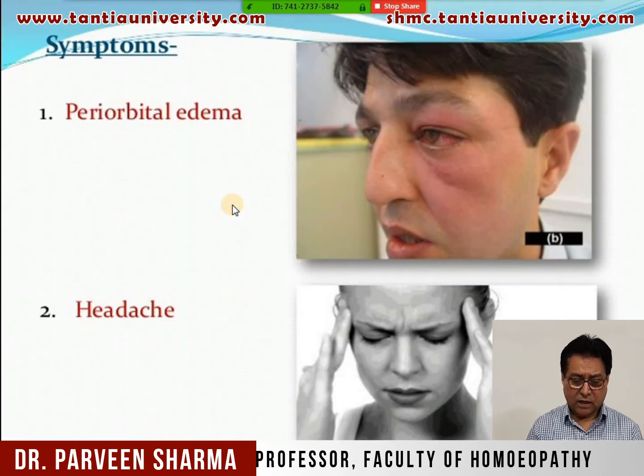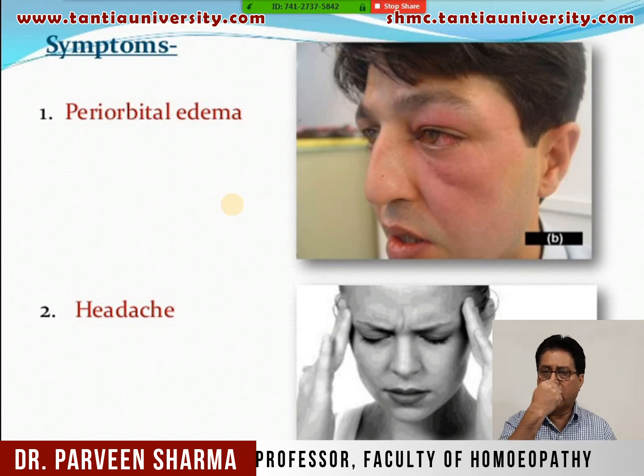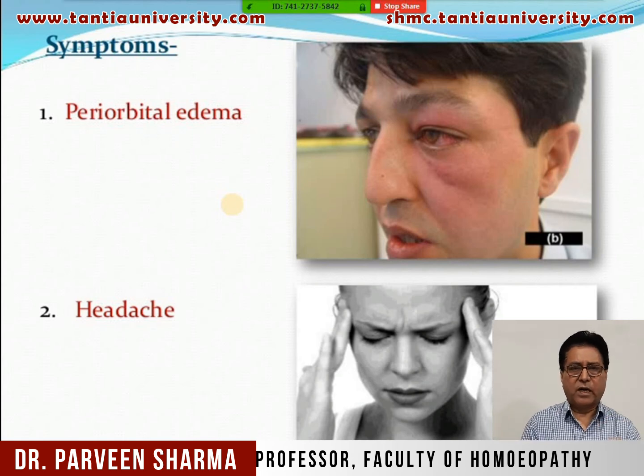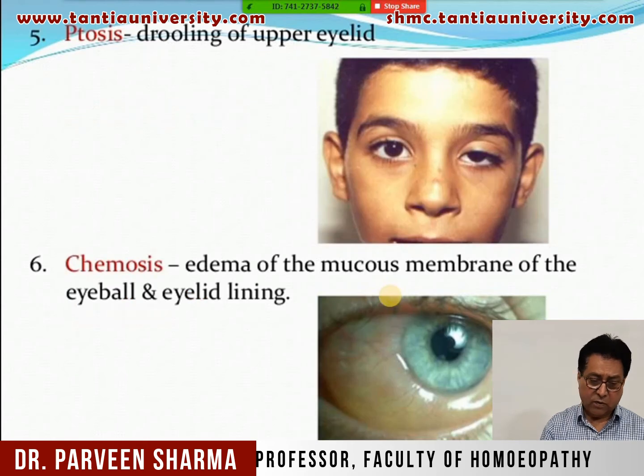Other than that, I told you this area is the dangerous area of the face. Any infection goes inside the cranial cavity and to the cavernous sinus. It can cause cavernous sinus thrombosis. Intravascular clotting is thrombosis. In that case, there can be periorbital edema. Around the orbit, swelling will be there, redness will be there. And if there is any infection in that region, there will be headache also.